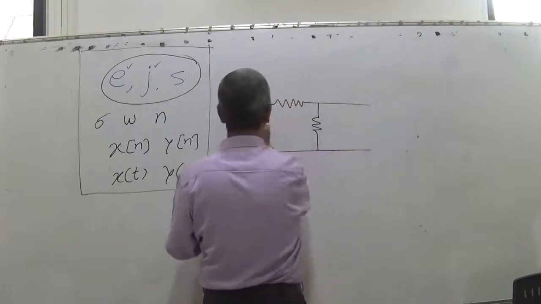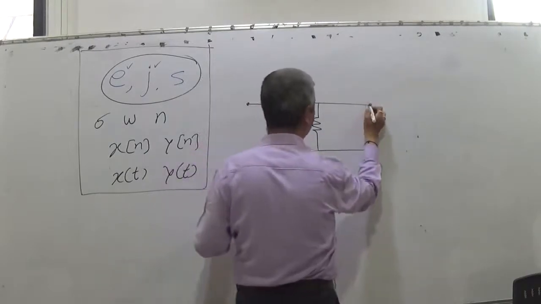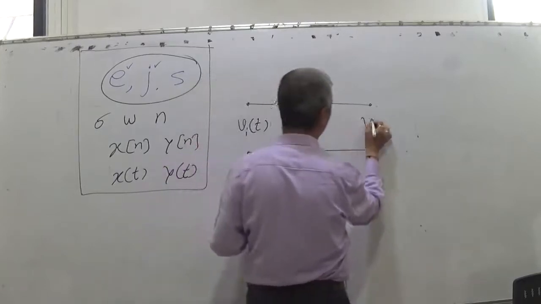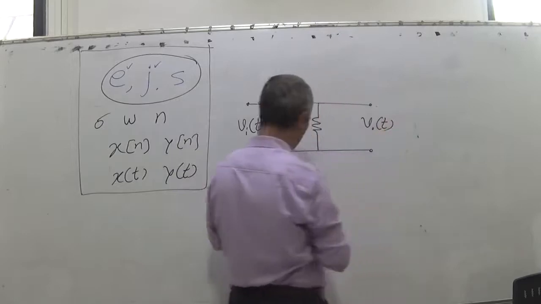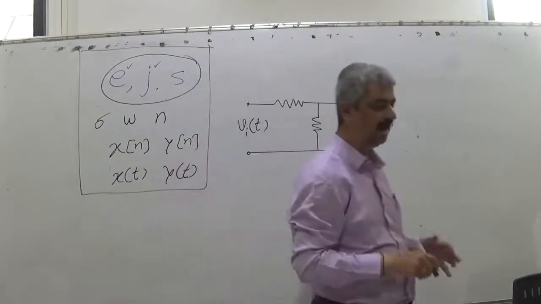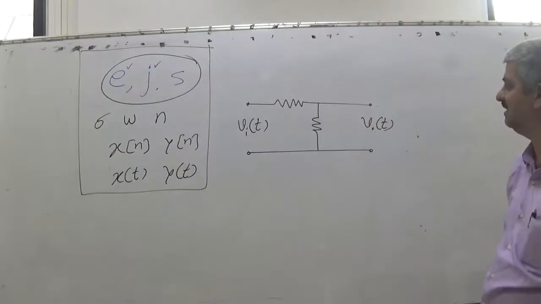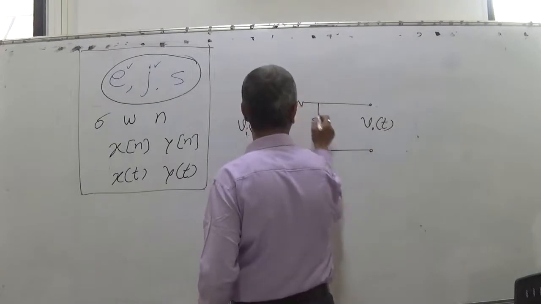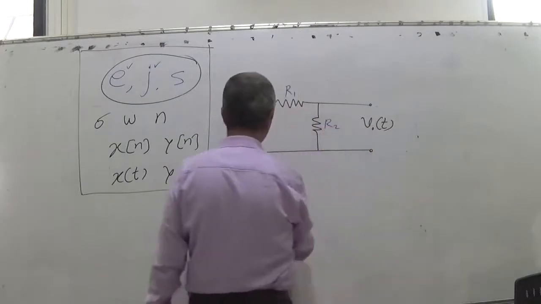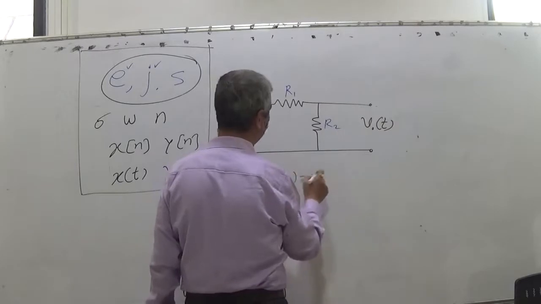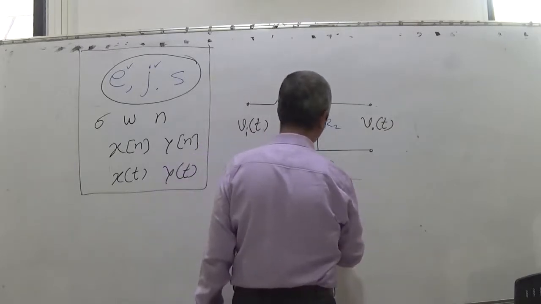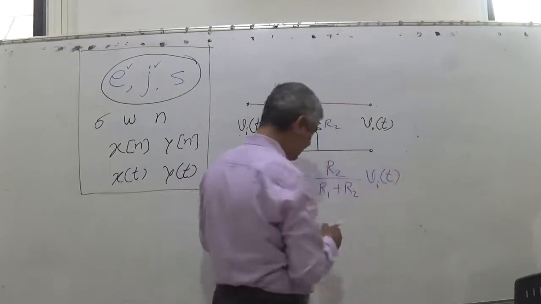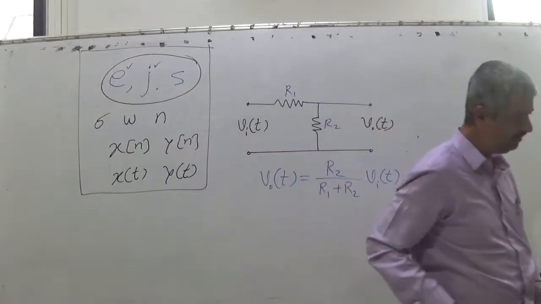So it is a common terminal, so this is V in T and VOT, and I have got two resistances in the system, R1 and R2. So what is the output? VOT is equal to R2 upon R1 plus R2 into V in T, where input is a voltage signal, output